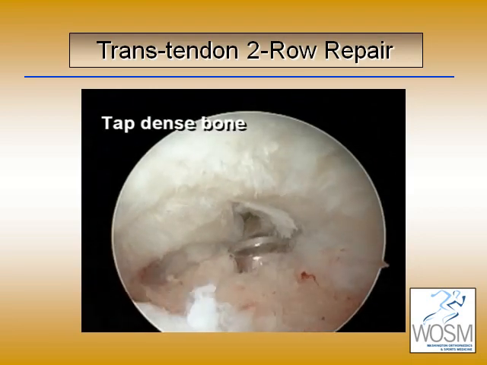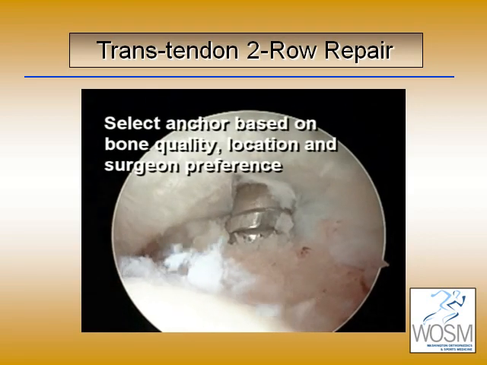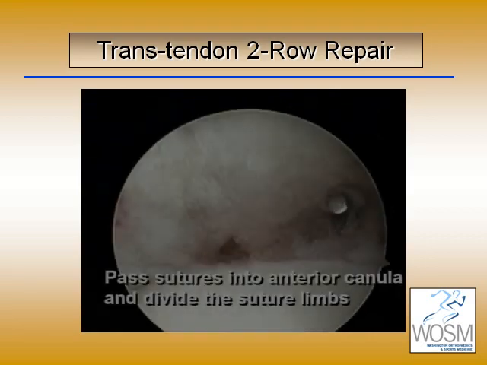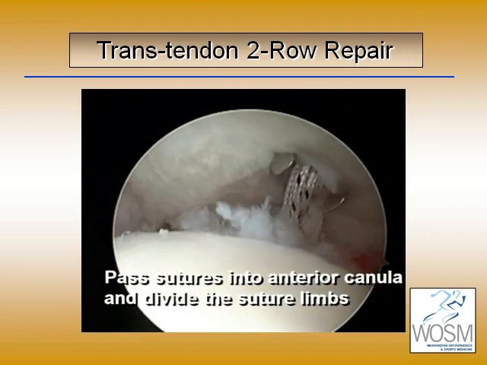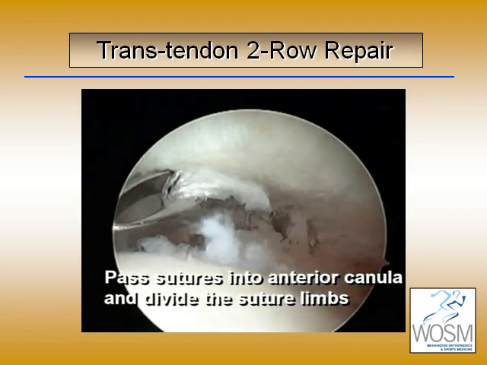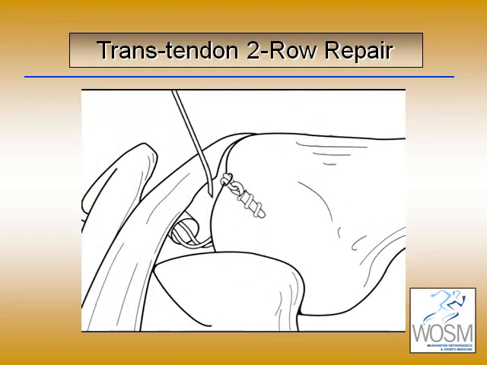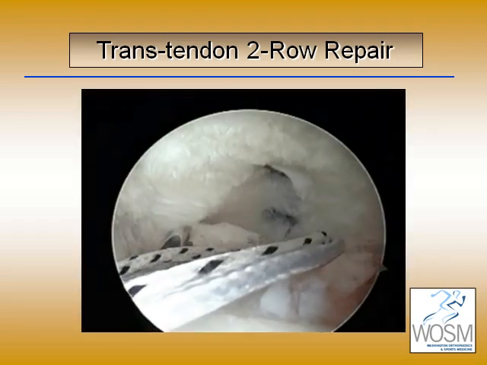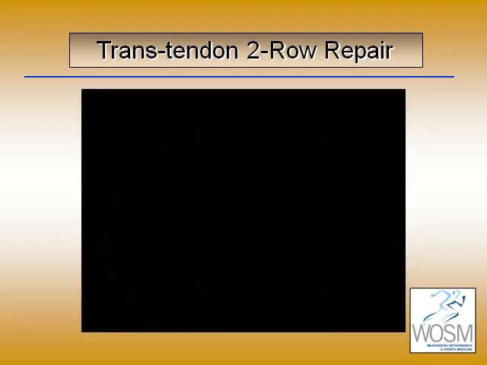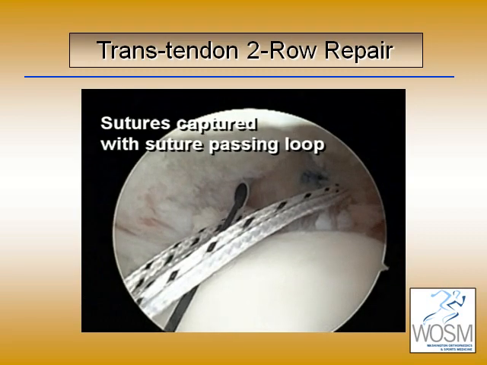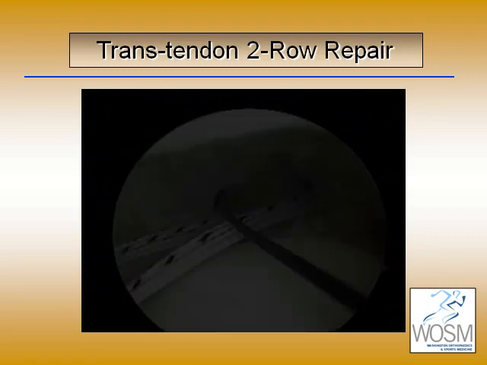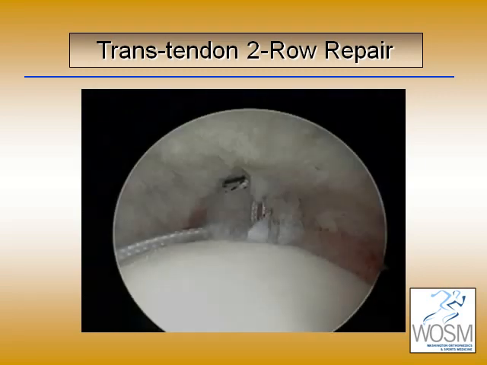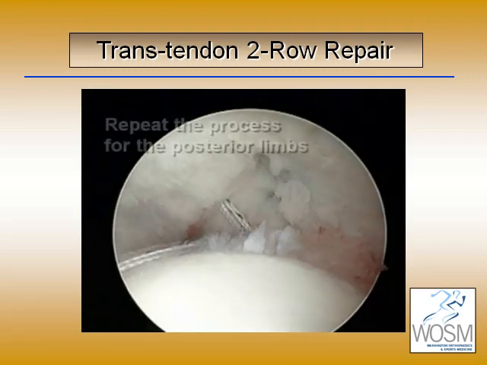First we'll go laterally and we'll insert an anchor. We have to tap this bone in younger athletes who have very dense bone. We've passed an anchor that has sutures attached to it. We're going to retrieve these sutures through a cannula out the front of the shoulder. We're then going to use a spinal needle, passing it through the cuff and inserting either monofilament or in this case a suture shuttle. We grasp one limb